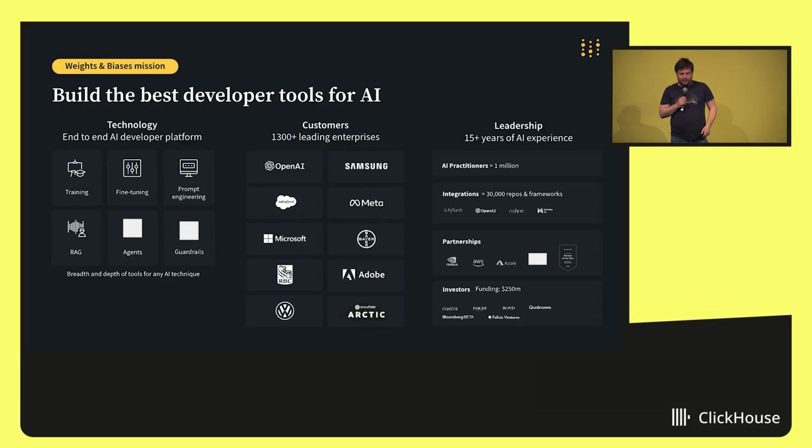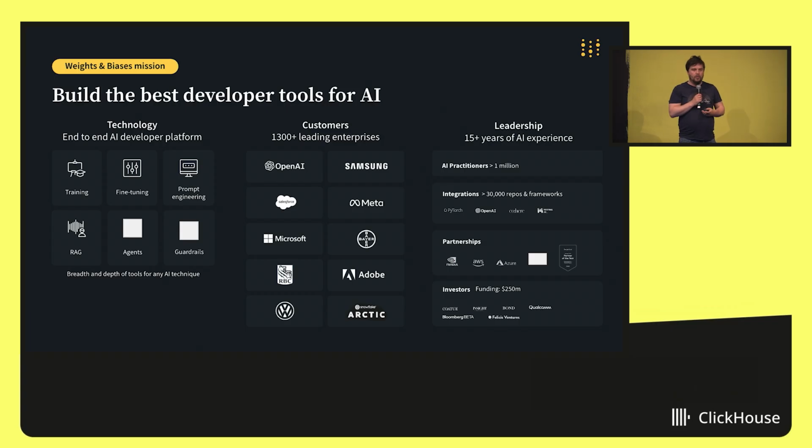So we set out to build the best developer tools for AI. And I feel like this might be some kind of caricature of a startup these days, right? Developer tools got hot. AI obviously got incredibly hot. But when we did it, developer tools seemed like a small market when we were setting out, and AI seemed like kind of a science project. This is only 7 or 8 years ago.